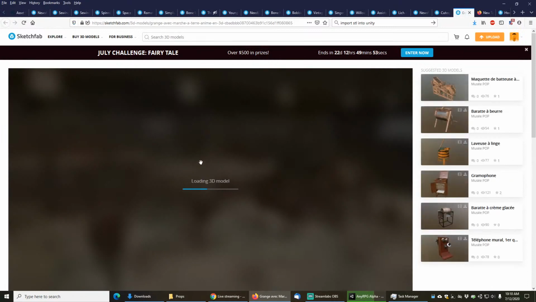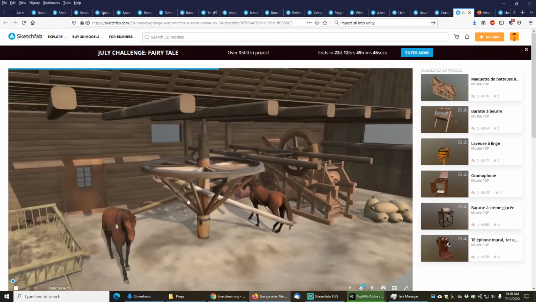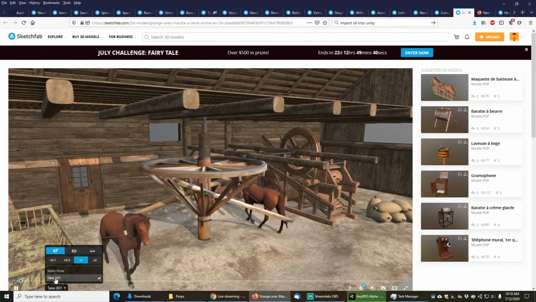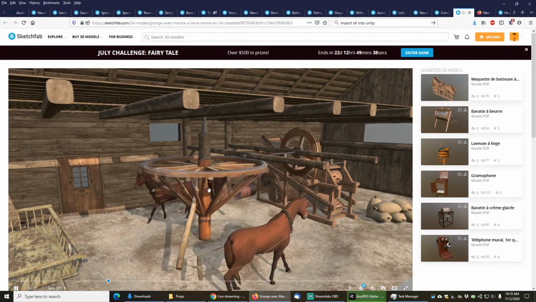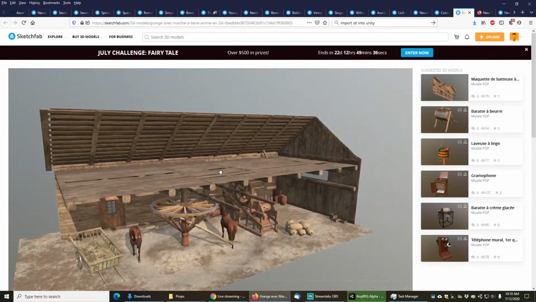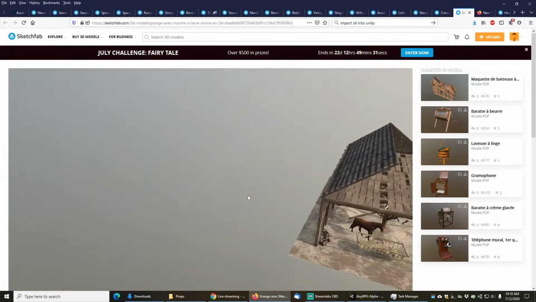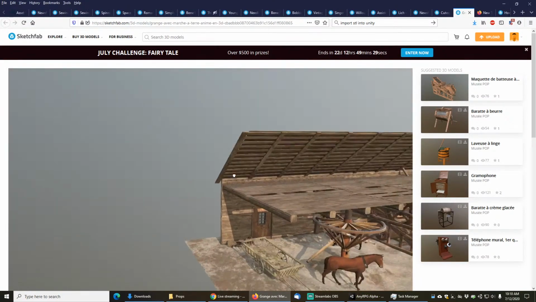This is really neat because it actually includes an animation. So I wanted to check this out because I was thinking it would be really cool to have a grinding mill basically somewhere. And if you look at this animation, we can set it here to take 001, and these horses are actually pulling this mill around. So I thought this would be pretty awesome if I could get something like this working